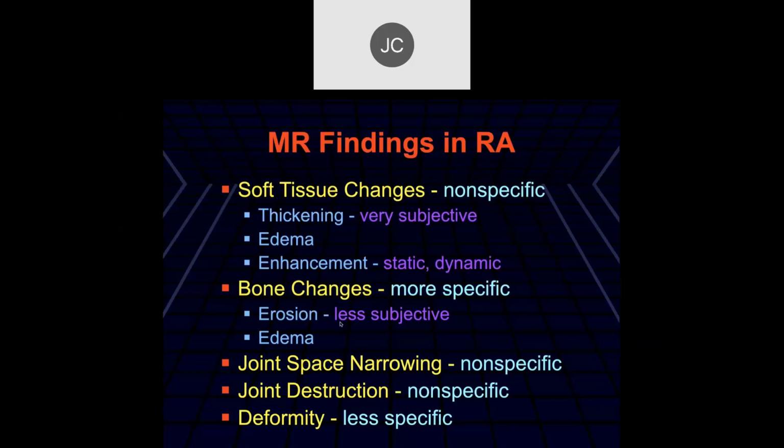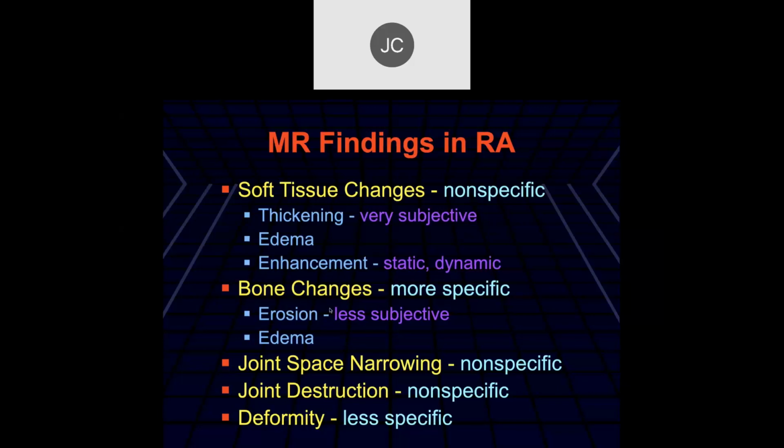It tends to be earliest detected in areas where you have the largest amount of stress on the cortex. Maybe that's more likely to have interruption of the subchondral bone, allowing either biochemically active molecules or actually inflammatory cells